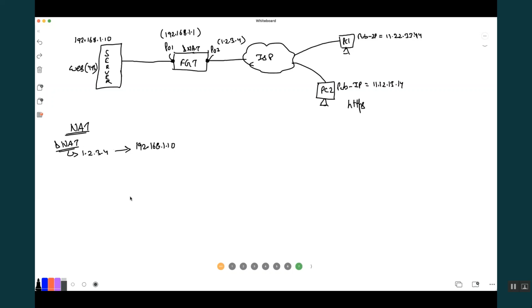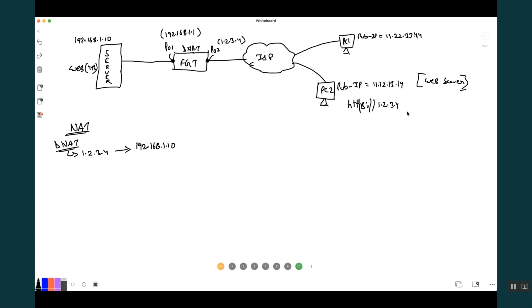That is the destination NAT entry that is in the firewall. Clear? Now, I want to reach the web server from this PC, so I am accessing 1.2.3.4.